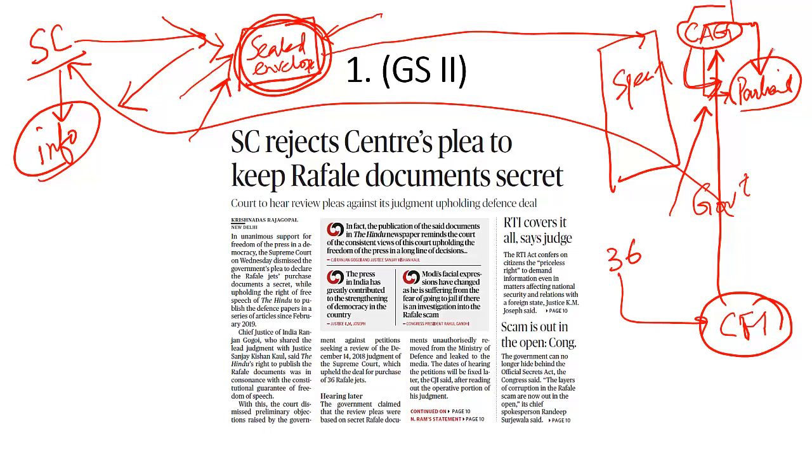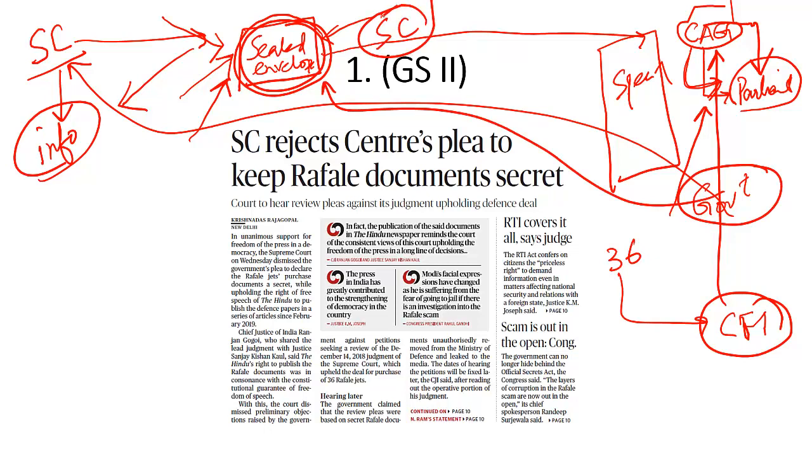We have said that CAG will prepare a report and present it before the Parliament. We didn't say that CAG has already prepared a report and presented before the Parliament. So this is how the government approached the Supreme Court again, requesting the Supreme Court, please modify your earlier order. Then came some revelations. And these revelations were published by N.